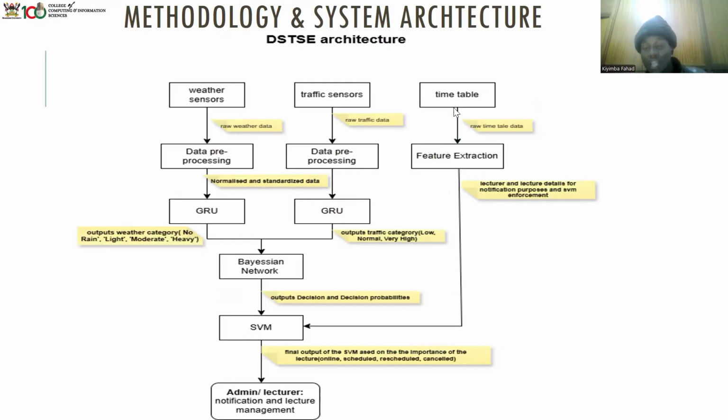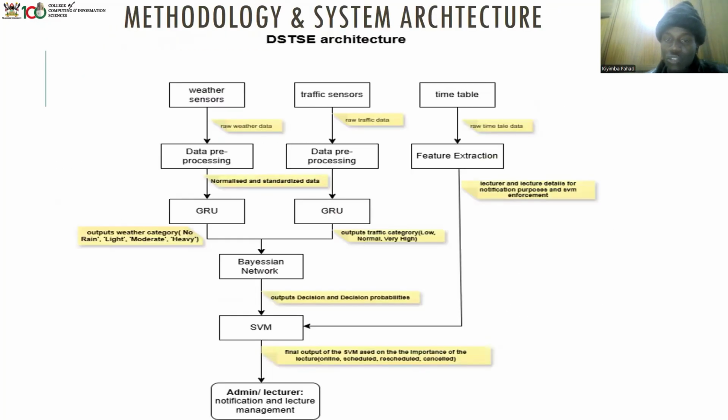It also takes in the timetable and extracts features from it. Where the Bayesian confidence is high compared to the output of the SVM, it is audited. It audits the output of the SVM, and there is an override if need be, especially if the Bayesian network proves with high confidence that a certain condition is severe, like heavy rainfall. It could override the SVM's policy. So that's an audit as well.